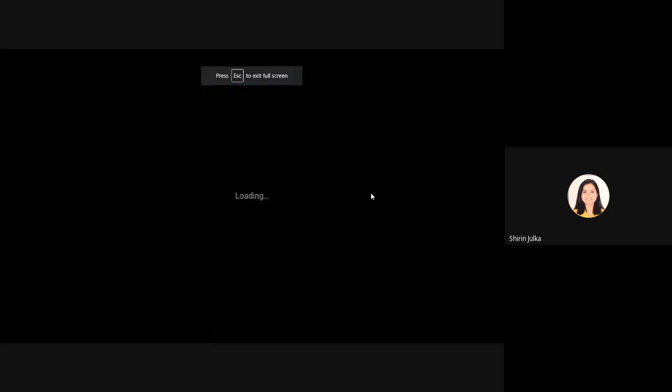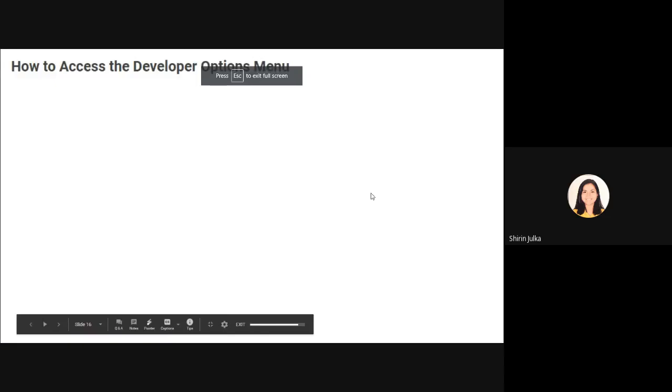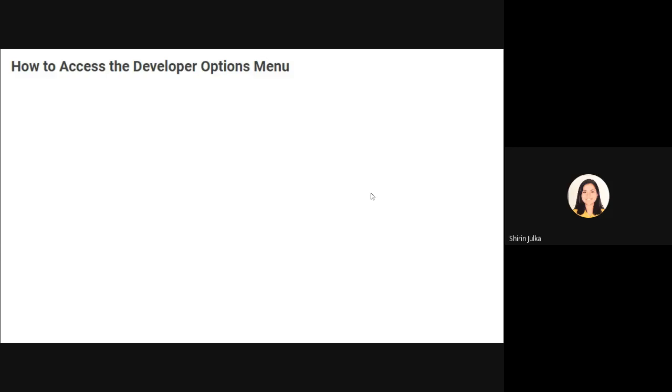So before you start working on Android Studio, you should know how to access the developer options menu. To access the developer options menu,